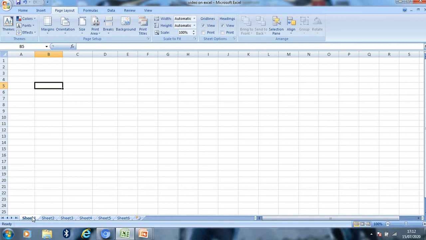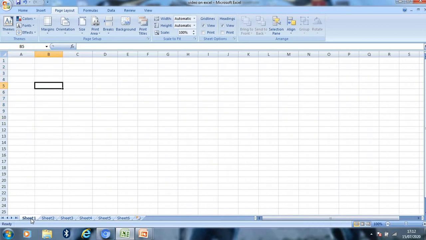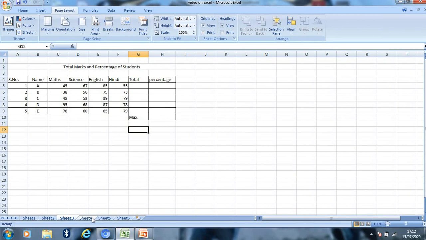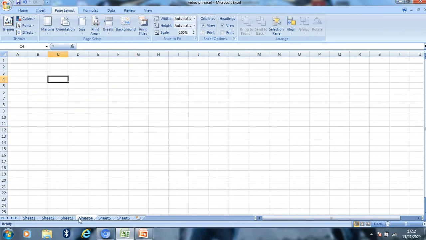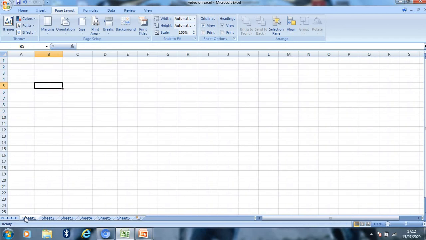Then the particular worksheet gets selected. That means if you want to select a particular sheet, you have to click on that worksheet on the sheet tab. If you want to select more than a single worksheet, then press Ctrl and select the other worksheets also.